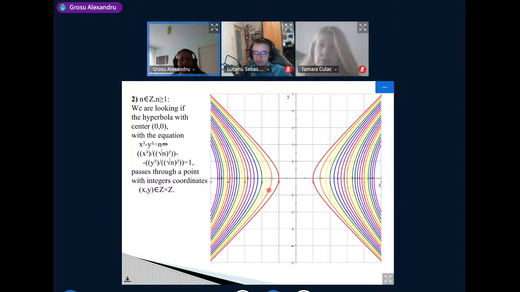The orange line 2, we cannot decide from the study. 3, the yellow line, 3 equals 2 square minus 1 square, minus 2 square minus 1 square, and